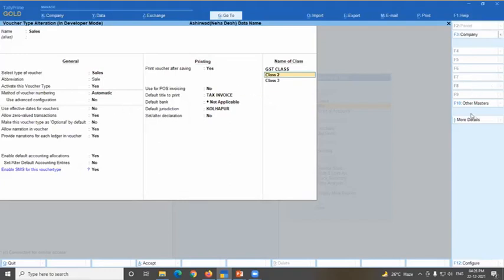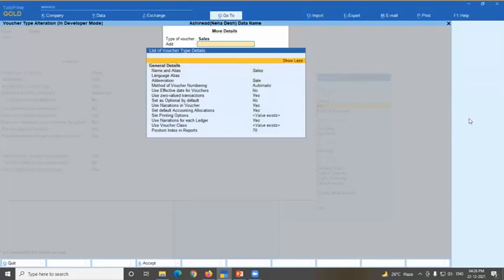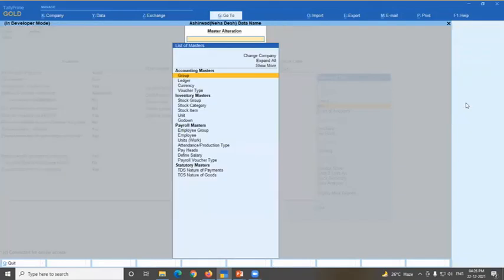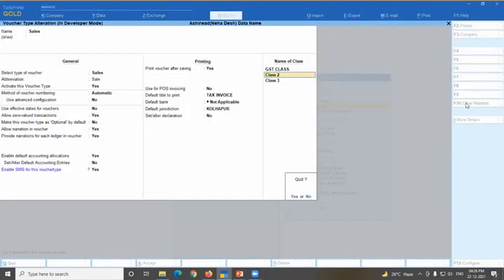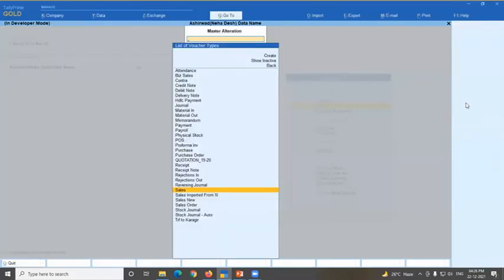You can press more details and it directly shows the details, and here also show more, export more. And these are other masters, meaning you can select other masters from this area. So you can select here ledger to alter. So that is not related to voucher class. It is only for other reports, which also have more details and other details.